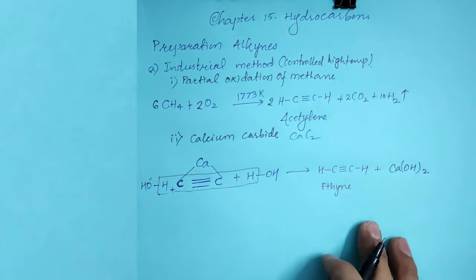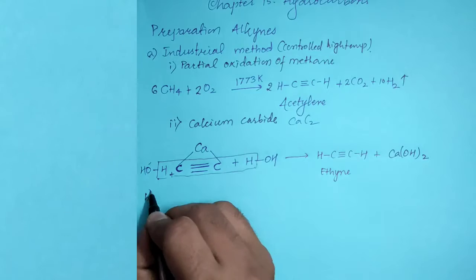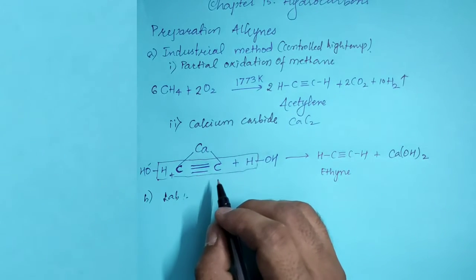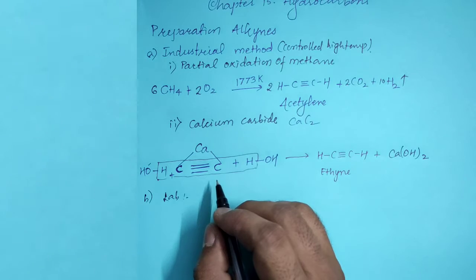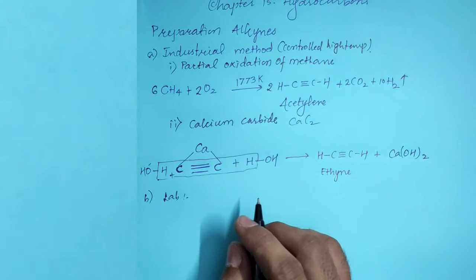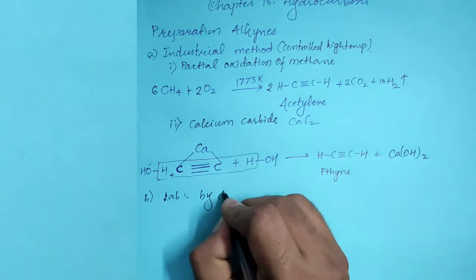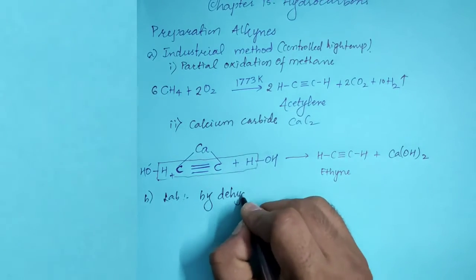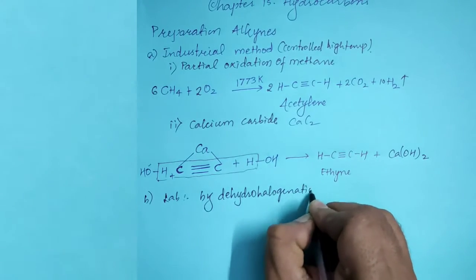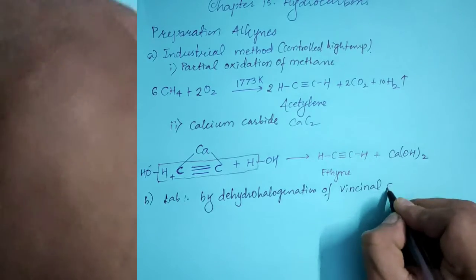Now we will see the lab method of preparation of acetylene, by the dehydrohalogenation of vicinal dihalide. Vicinal dihalide means halogens attached to different carbons. Last time I said vicinal means different. So by the dehydrohalogenation of vicinal dihalide